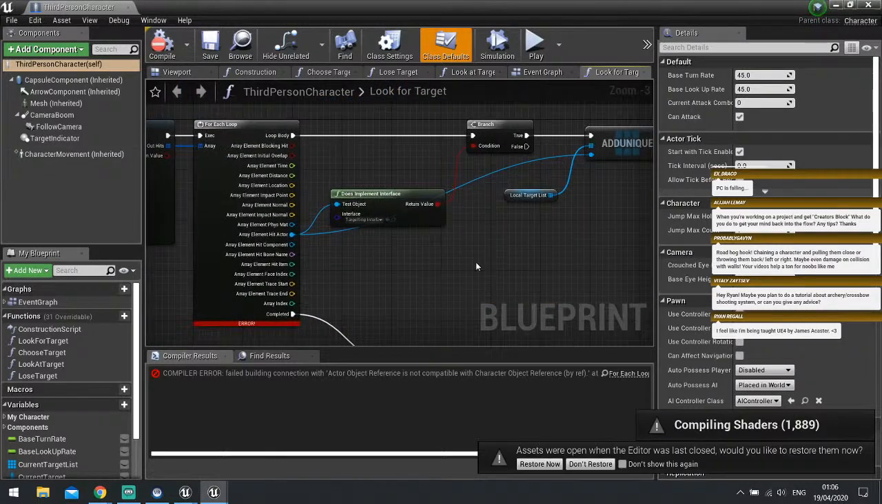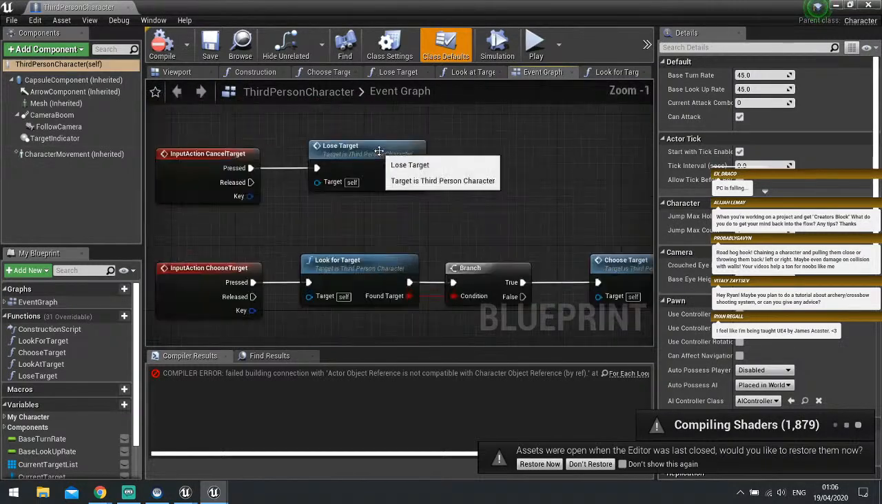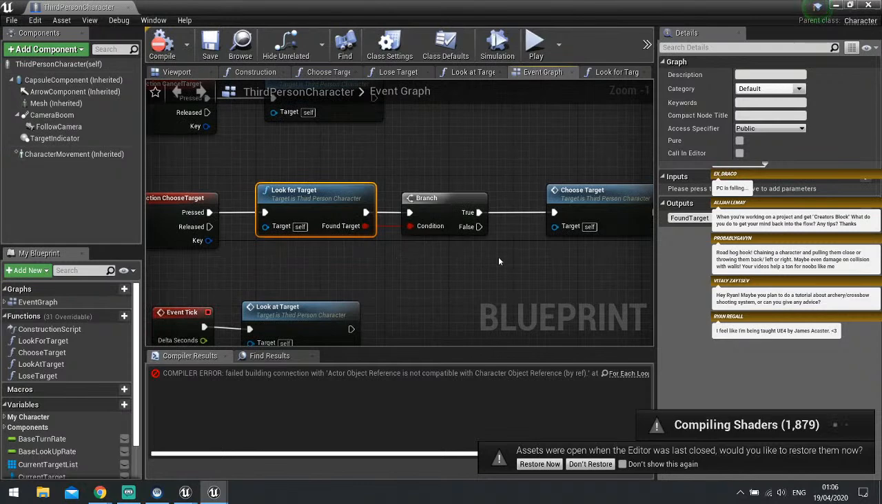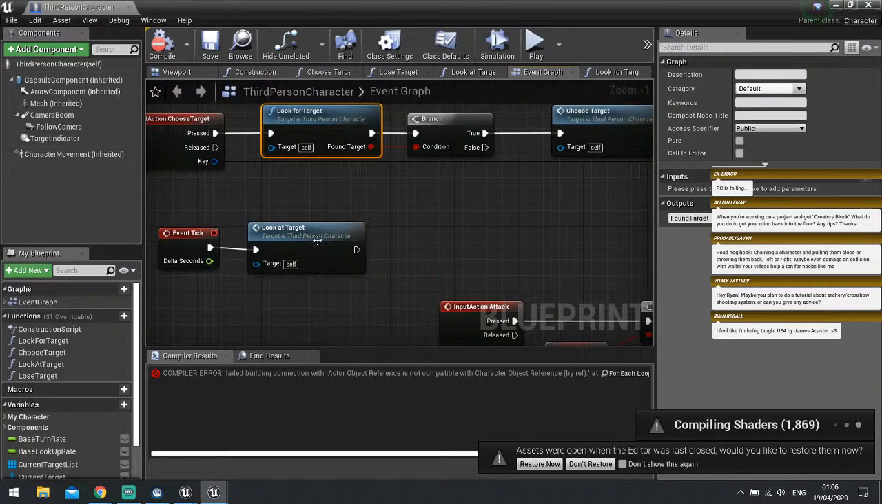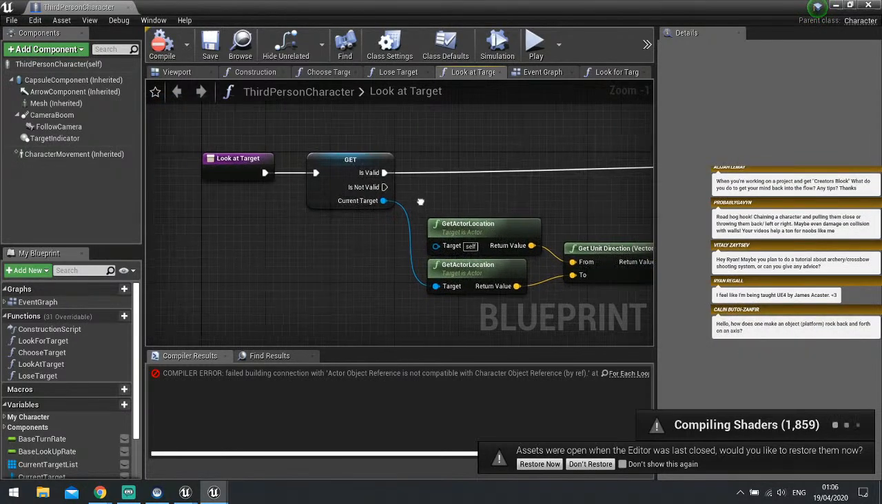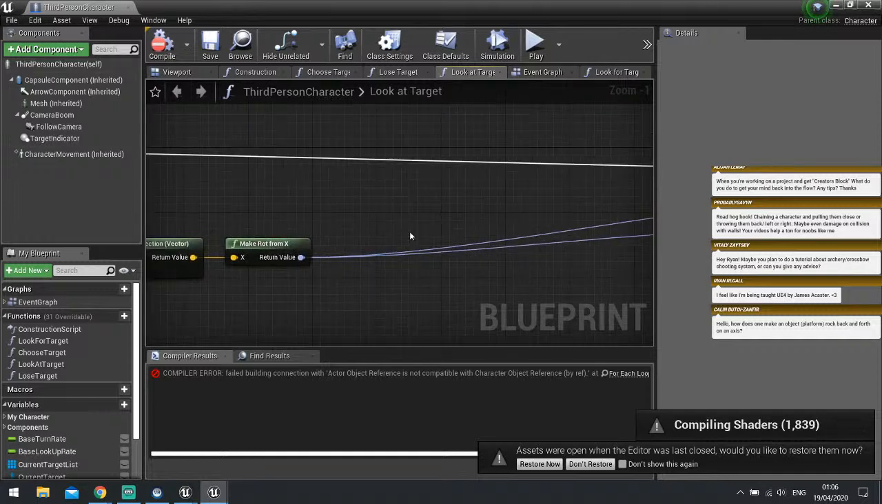So that's picking a target. Pretty simple. But when you have got a target, you take to look at. No, not look for a target. Where is it? Look at target. So look at target just gets the target's location, and you get a direction that the rotation needs to be,